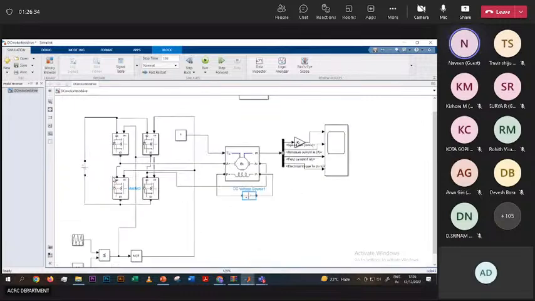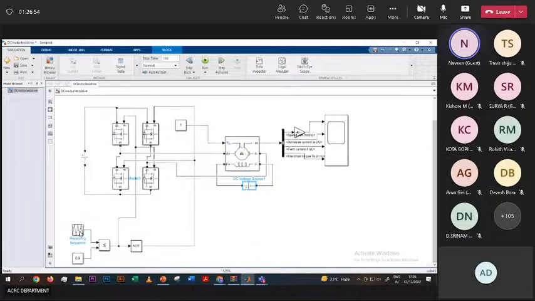This is the drive on which I have connected the switches. As I showed in the presentation, these switches are responsible for changing the direction and the speed of this motor. The main signal we are giving to this driver circuit, or this MOSFET switching combination, is from the PWM, pulse width modulation. Depending upon the PWM response, the switch is excited for a particular time, and then the motor will